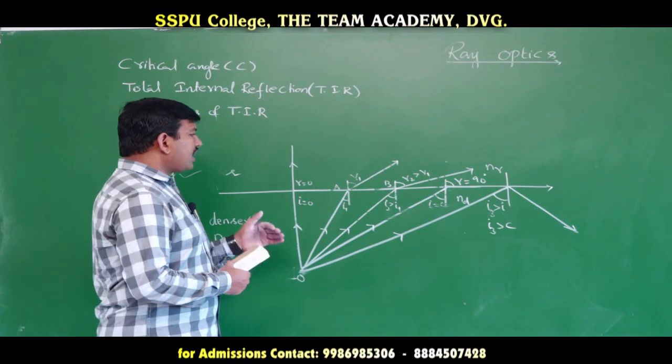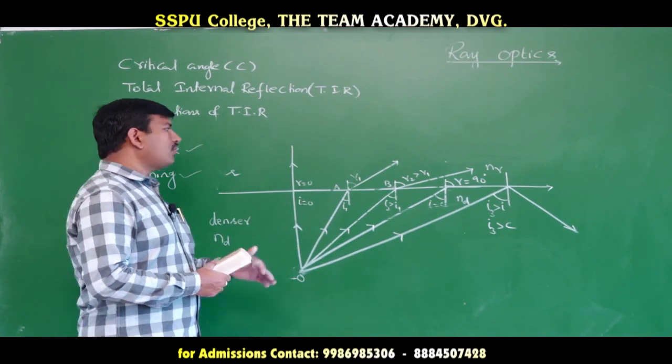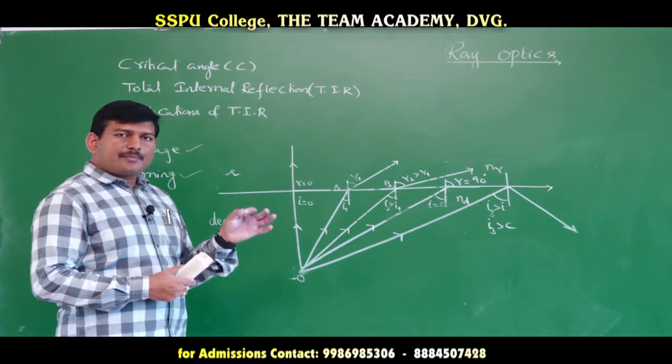And we have some advantages of this total internal reflection. What are the advantages? The shiny appearance of the test tube